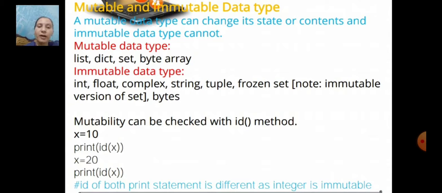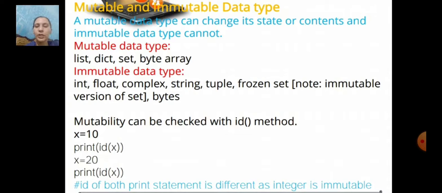Now when we run this and print the id of variable x, to which we assigned 10 and then 20, the location is different. Although the variable name is the same, they point to different locations. So we can say that integers are immutable.